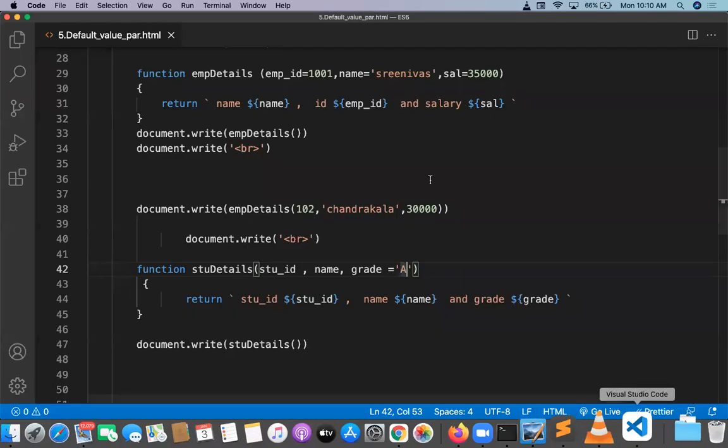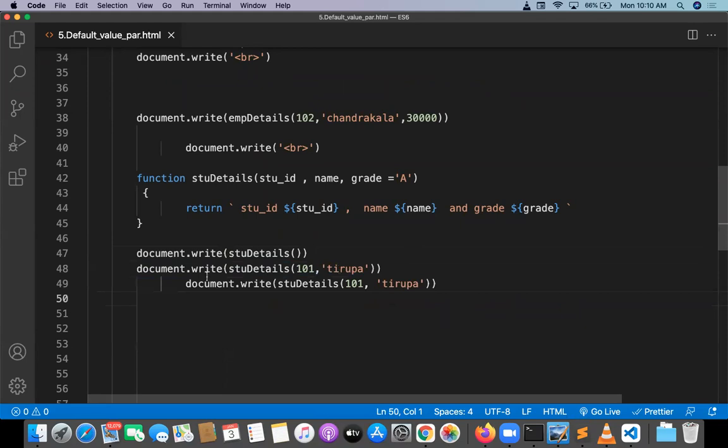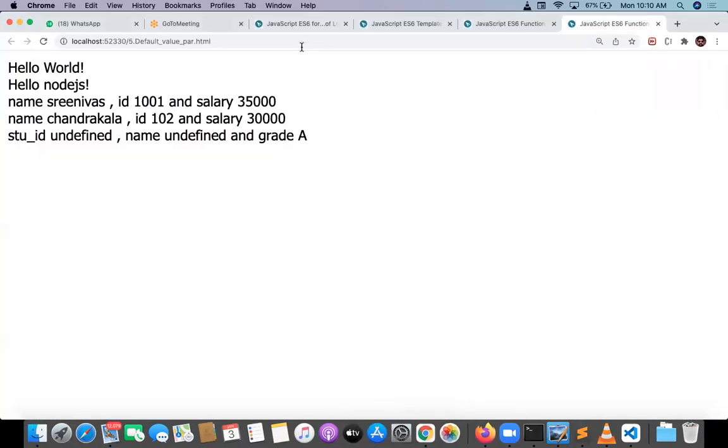Next time, if I want to call the function, I want to pass the values of the student ID and student name. So 1, and this one Tirupa. And the second time I want to pass the value 2, Govardhan. So try to understand, guys. This is very, very important. Now you see the output. After this, you take a break every time. Semicolon, break, semicolon, break, semicolon, break. Now you see. So we got